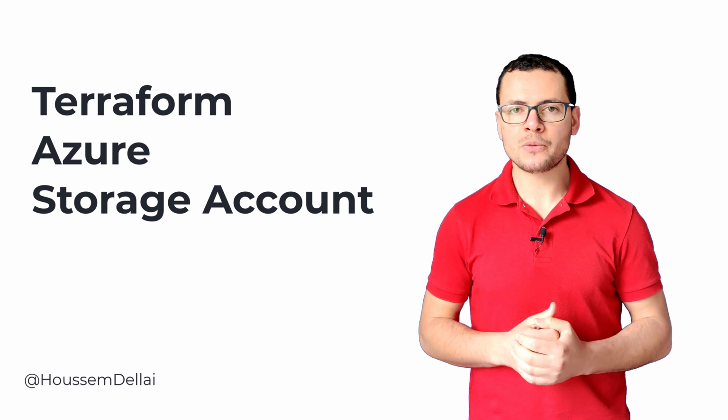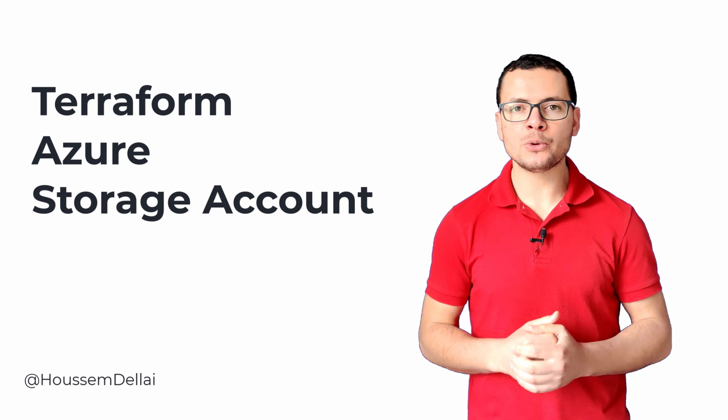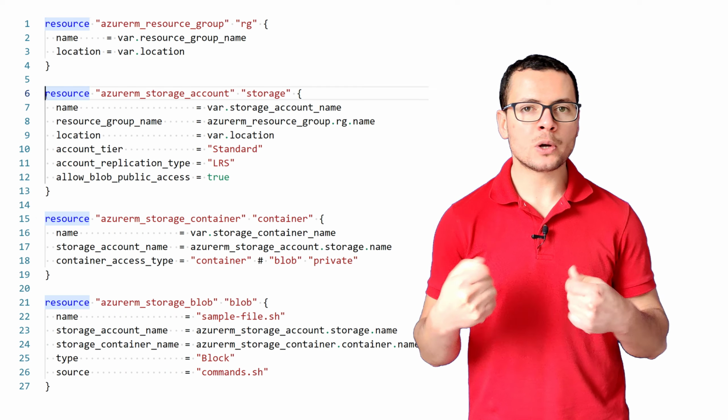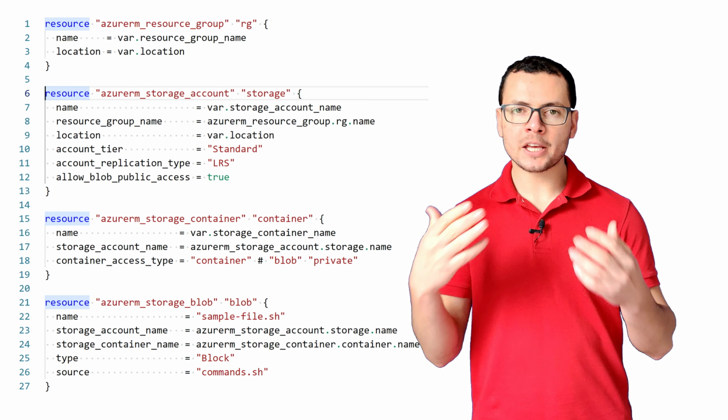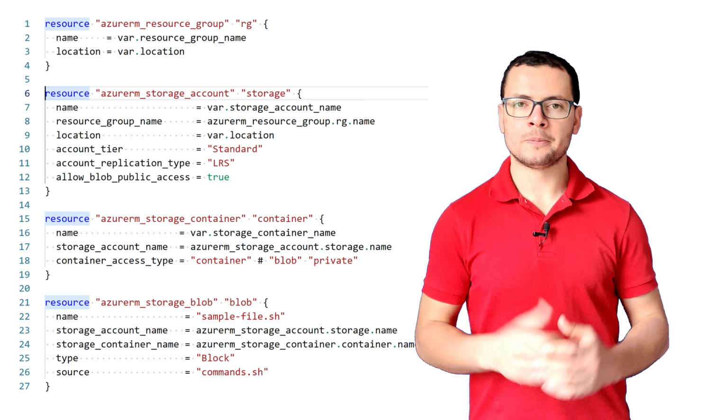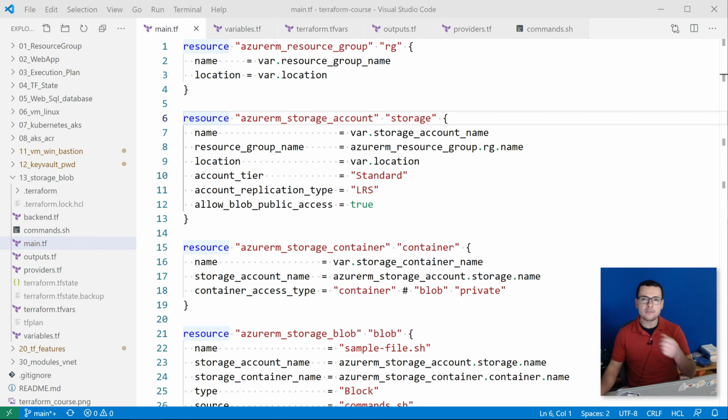Let's learn how to use Terraform to create an Azure storage account with a container and then upload a file as a blob into that container, and how we can get public access to the blob. So in here I have that main.tf file that describes the resources that will be created as part of my